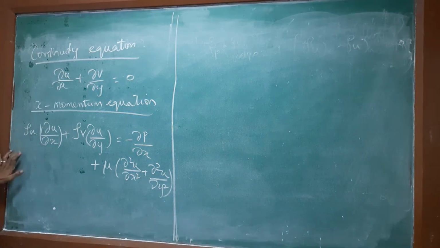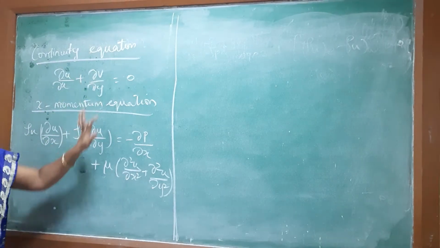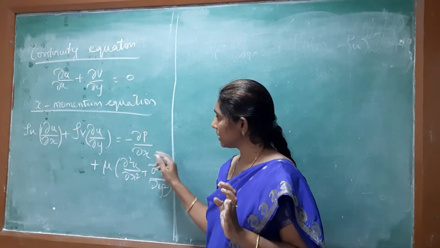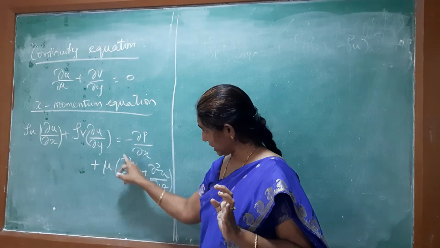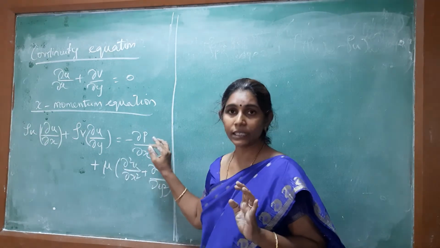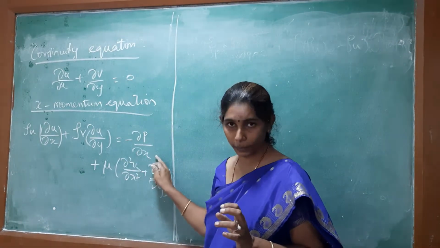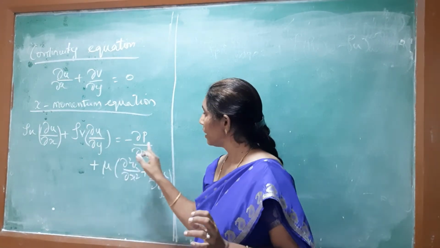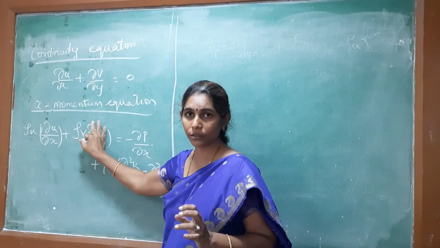So when we look at these two equations, it is understood that once the pressure field and the velocity fields are solved, we are able to understand the entire flow. But in these two equations, when we look at this term, minus ∂p/∂x, this tells us that there is no explicit governing differential equation for this ∂p/∂x, so that we can have an understanding about the velocity fields. So in this equation we do not have an idea about this as well as about this.